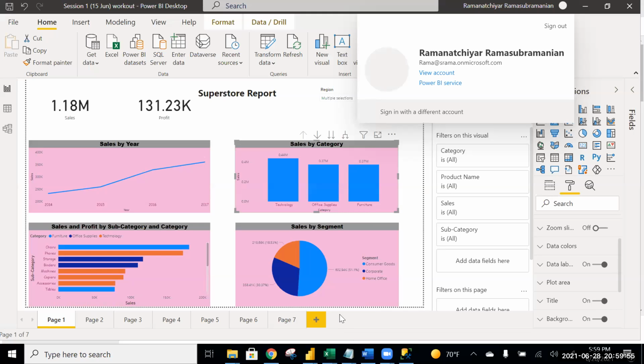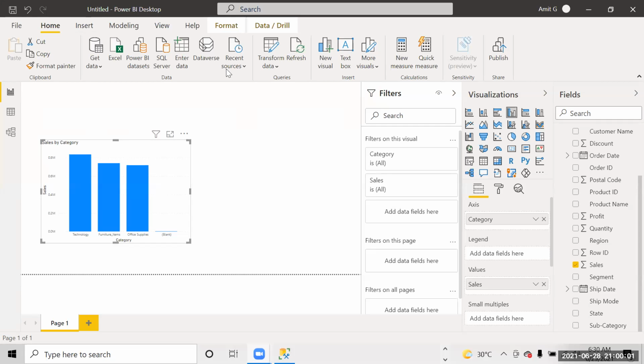So what I need to do now is this report that you built with SQL Server, right? The report that we built with SQL Server. We will now first save this.